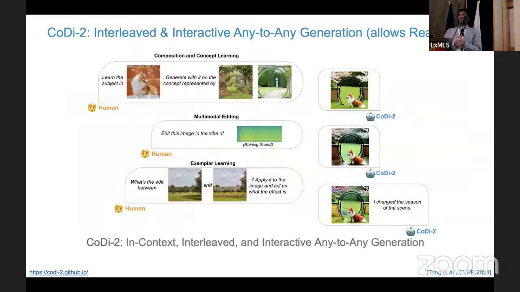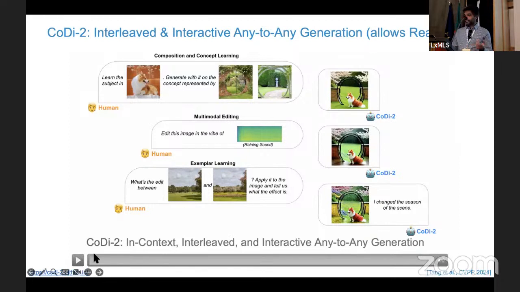Okay, so this is still not the last piece in my satisfaction of unification. The thing you can complain about with Cody is that this is not how I would like to talk to a model: image plus text goes to video plus audio. So one of the final pieces would be whether you can actually talk to Cody through language, interactively and iteratively. Can you have multiple iterations through natural language and have Cody as a backbone by connecting it to an LLM, which allows both interactive any-to-any generation, but more importantly, interleaved generation too? Which means that every prompt can mix multiple modalities together.